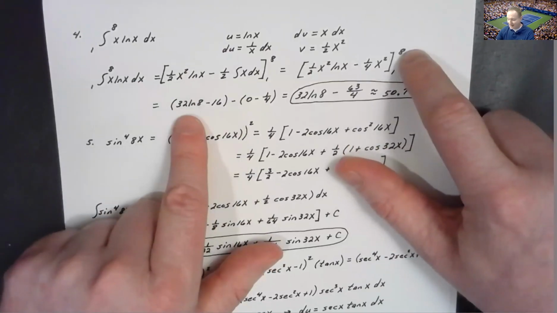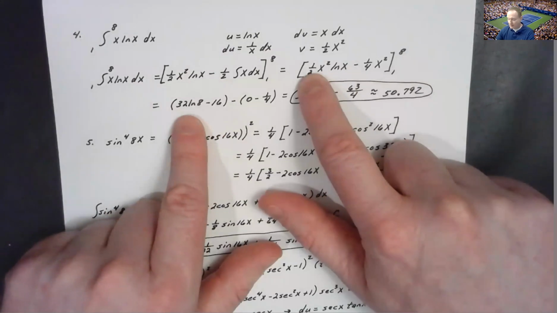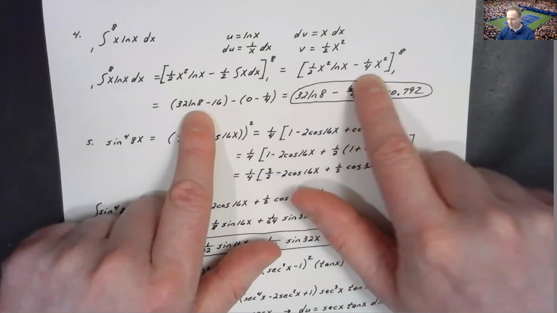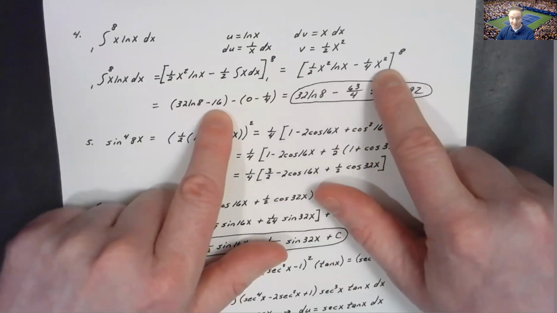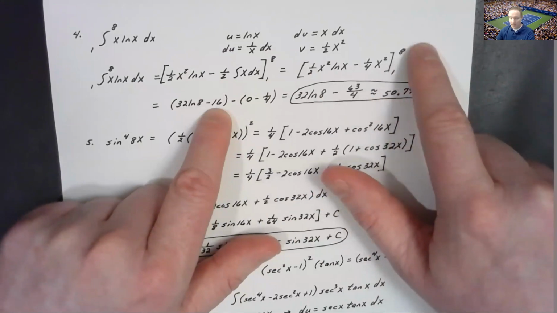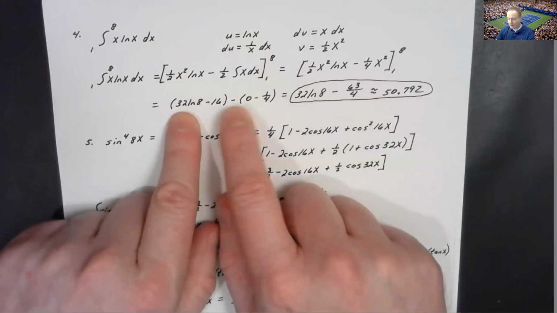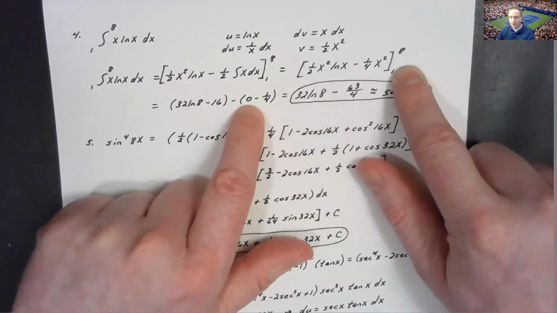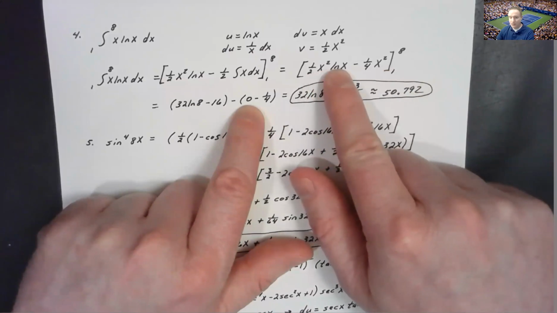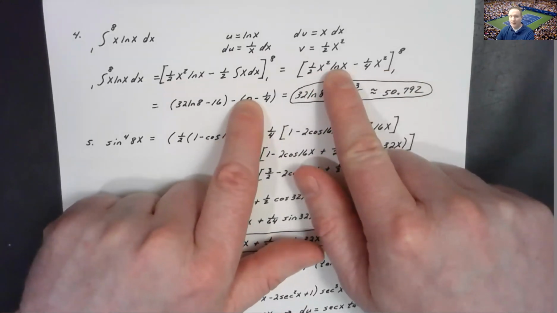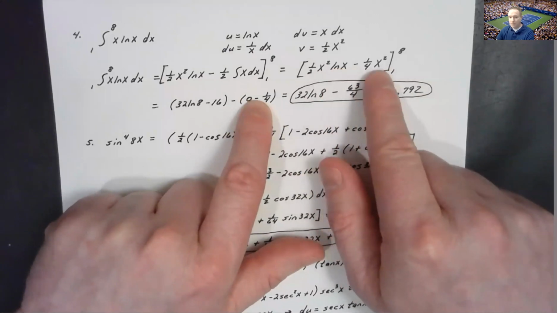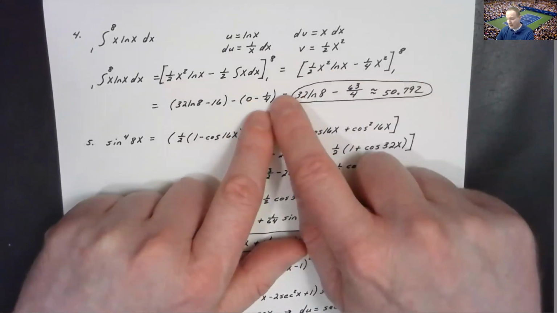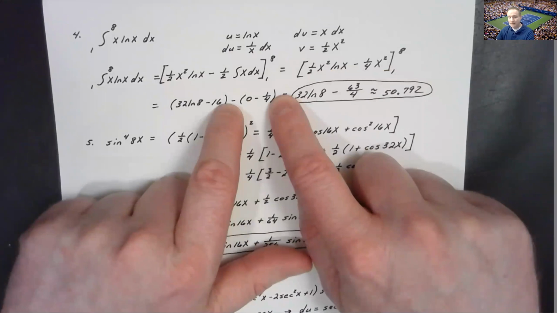When I plugged in an 8, I had 64 times 1/2 is 32. Natural log of 8 minus 1/4 times 64, which gave me my 16 there. So all of this evaluated at 8 gave me this part. Then I say minus the lower limit. When I plug in the lower limit, though, you don't get much, because we know that the natural log of 1 is 0. That's where the first term came from there. Minus 1/4 times 1 squared, that's minus 1/4. So my lower limit evaluated to just be a negative 1/4, but of course we subtract the lower limit, so